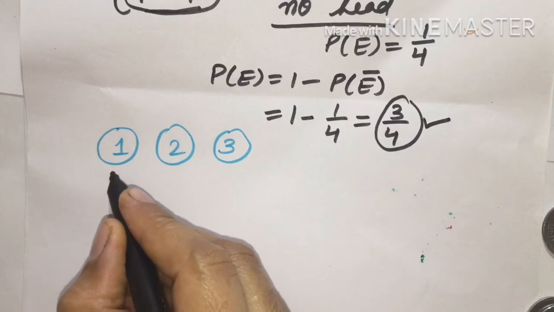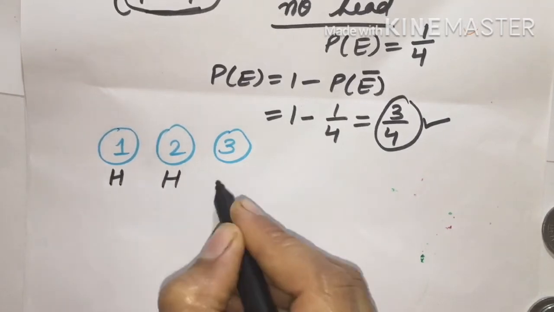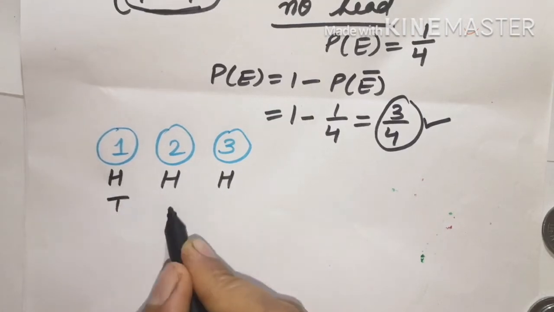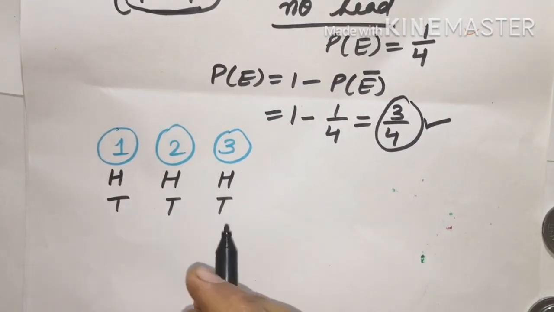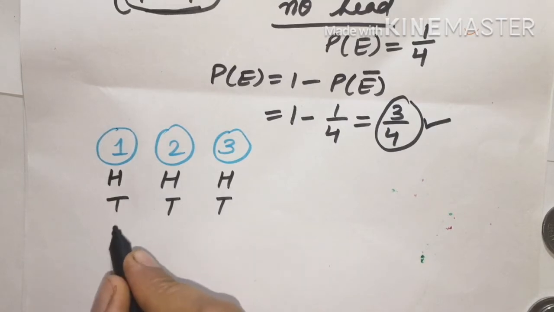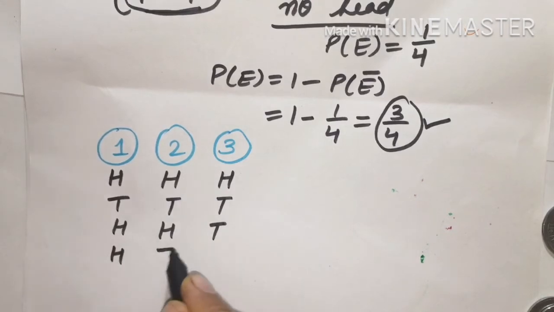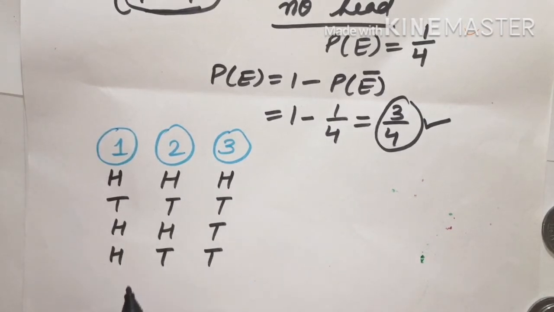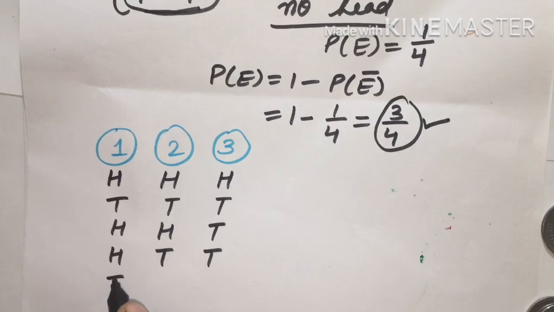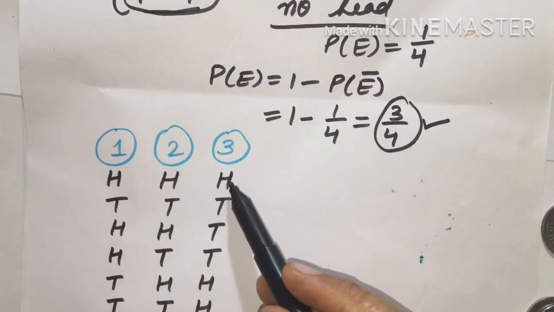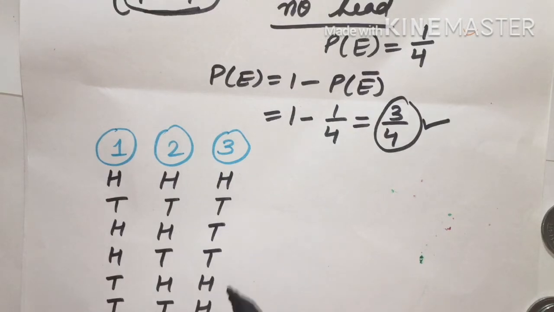So what is the probability of getting, like first case it can be head, head, head, which means all three heads are there. Second, tail, tail and tail, all three tails can be there. Then head, head, tail, head, tail, tail. Other cases are tail, head, head, then tail, tail and head. So these are the 1 2 3 4 5 6.